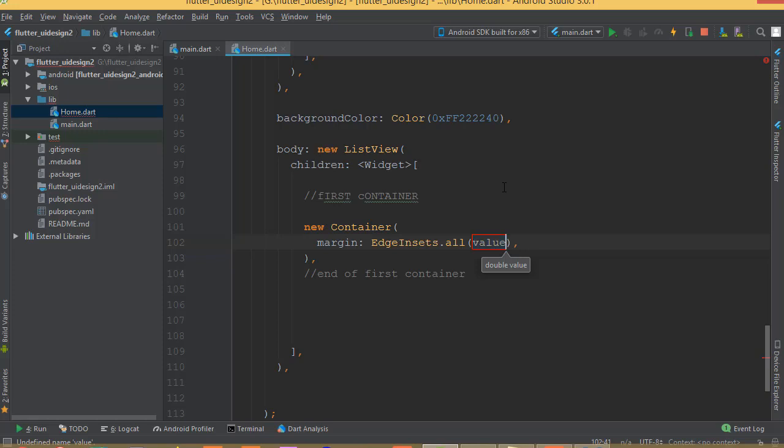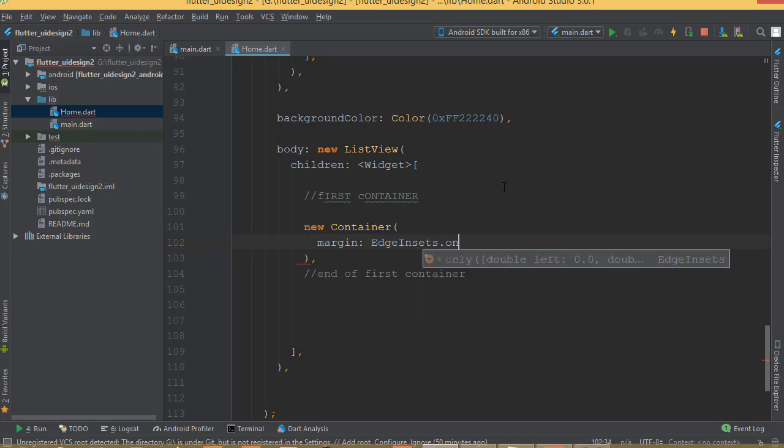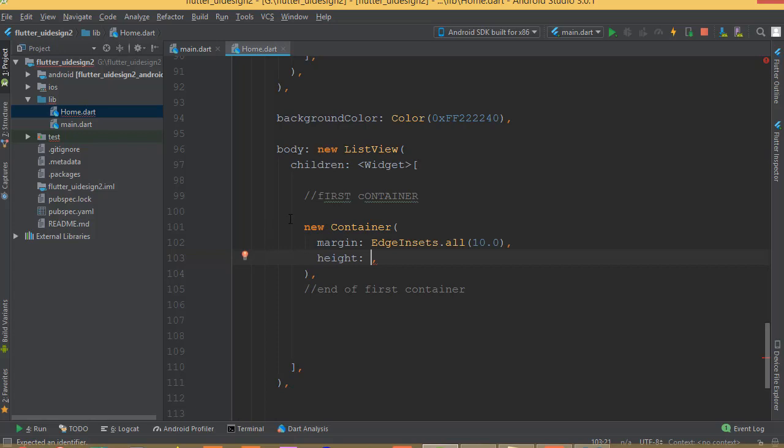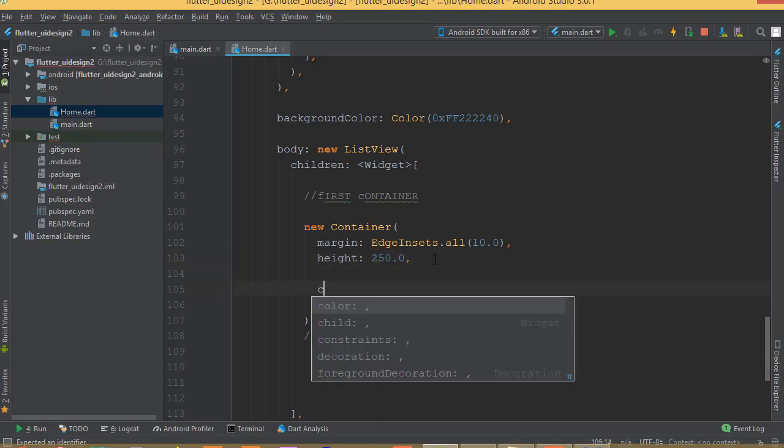But there is another property, you may select the as inside only, then you can select your property from which part you want to take space, maybe left, maybe top. So for this, then select the height, I can say 50.0. And now in here we need to add our child, and child is going to be the